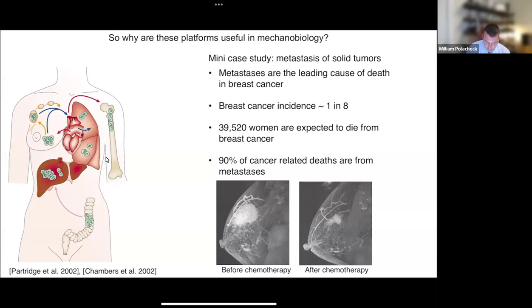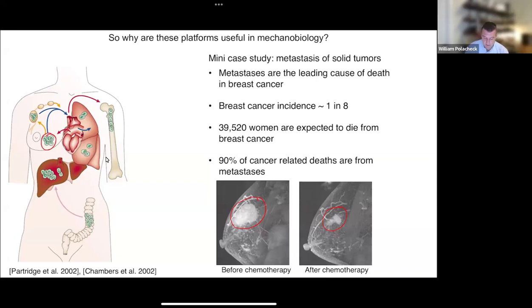This slide on the bottom shows a patient before and after chemotherapy, and you can see a reduction in the mass of the tumor in the breast. But this patient, despite the shrinking of the primary tumor, died of a metastasis to the brain. So there's a really compelling reason and interesting science on understanding how cells go from a primary tumor and escape